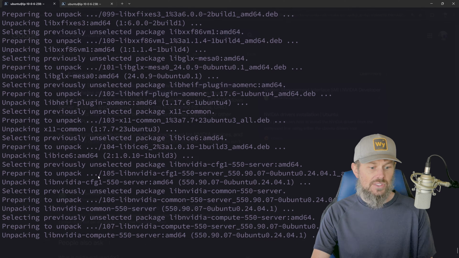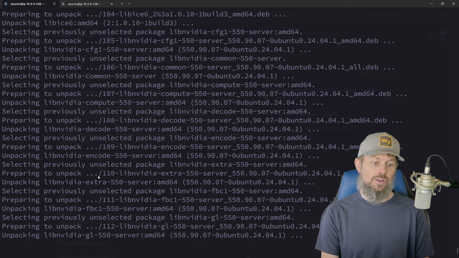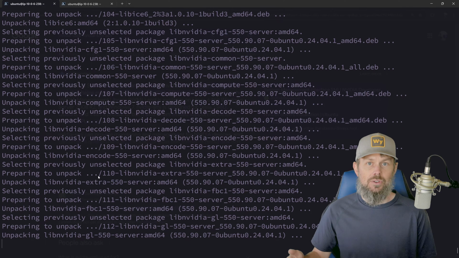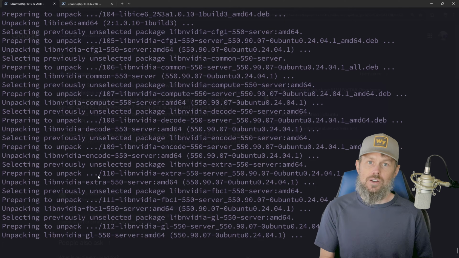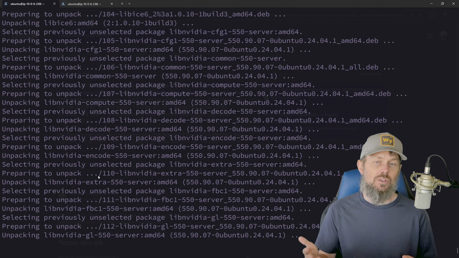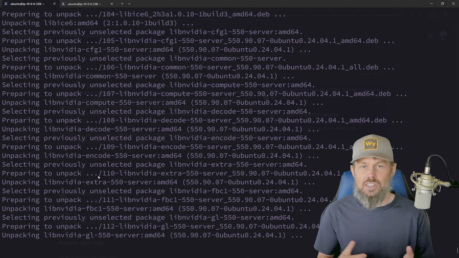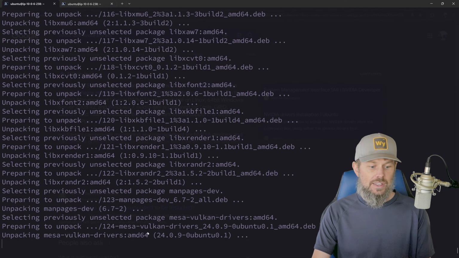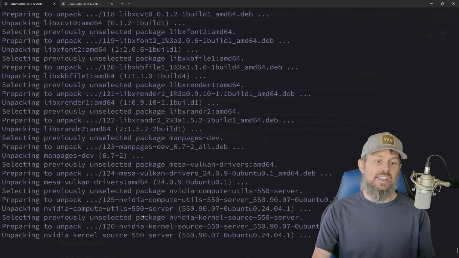Then we'll install that nvidia-utils package as well, because I don't think nvidia-smi is installed as part of the driver itself. And then after that, we'll install the NVIDIA container toolkit, and that's going to allow us to run Docker containers that actually utilize the GPU. If you don't install the NVIDIA container toolkit and you try to run a container that refers to a GPU device, then you'll actually get an error message saying that it can't find any GPU that's compatible with containerization. So that NVIDIA container toolkit is very essential in order to run any containerized applications that need to access the